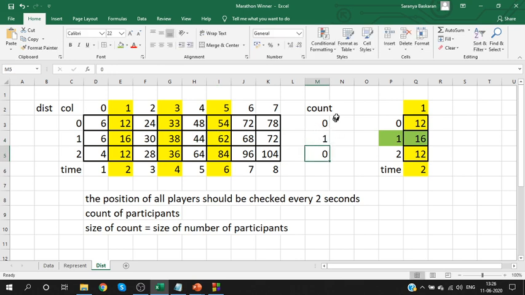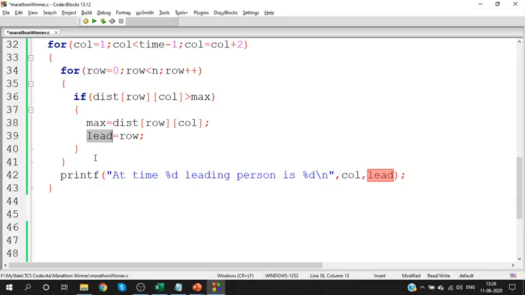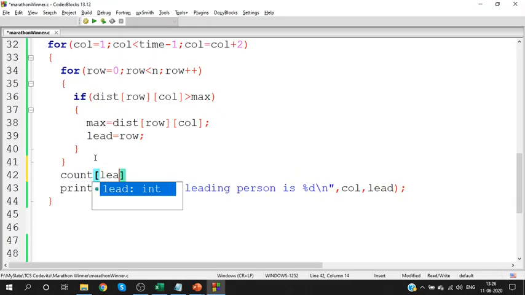Which person's count? Not a random person's count. The leading person's count. So count of lead plus plus. Can you all understand up to this? Count of lead plus plus. Take the leading person and increase this count. Is this clear?